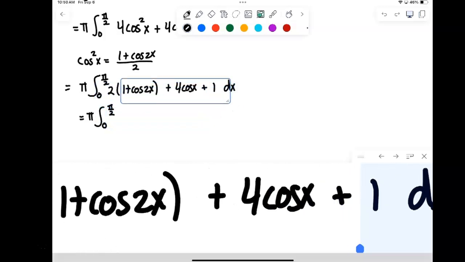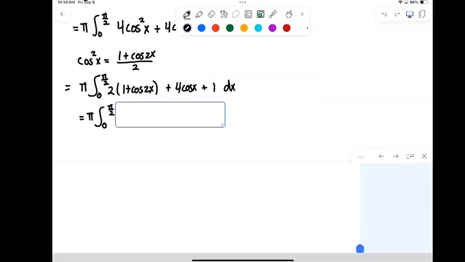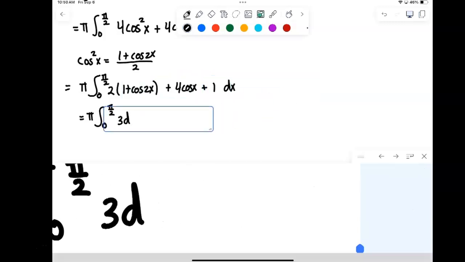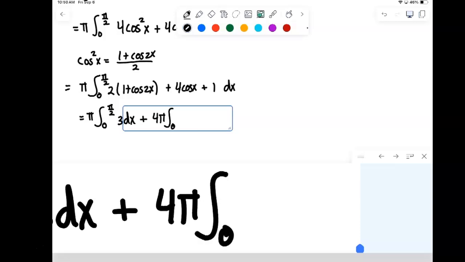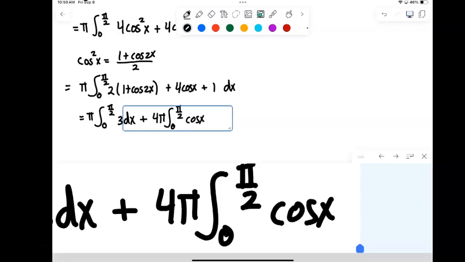So I'm going to have a 2 times the 1 plus the 1. That'll be pi times the integral of 3 dx plus 4 pi integral 0 to pi over 2 of just cosine x